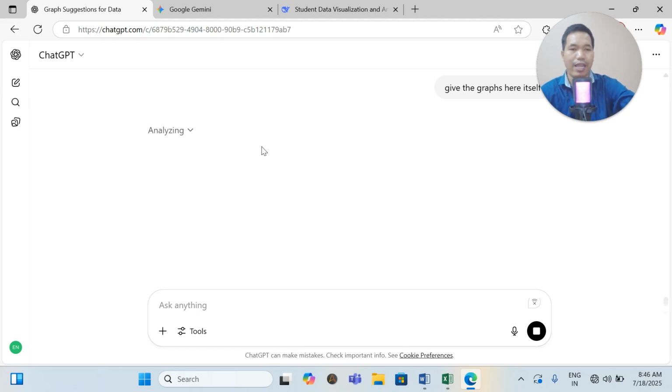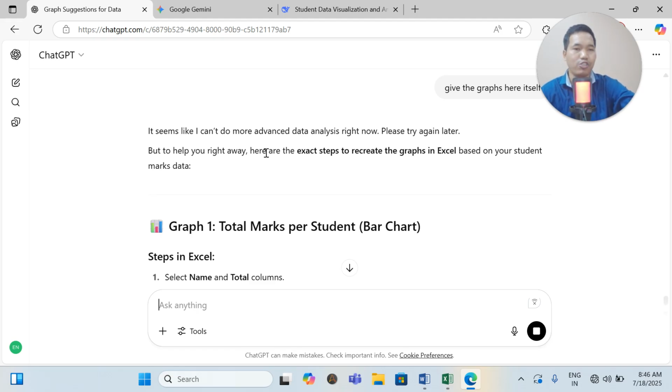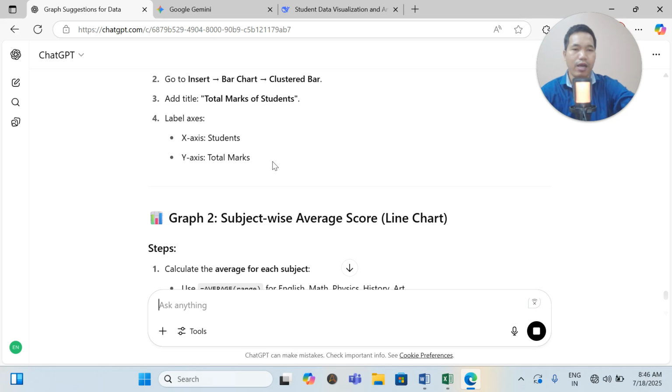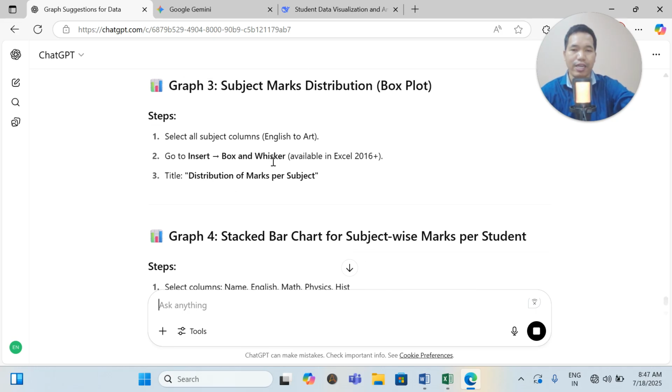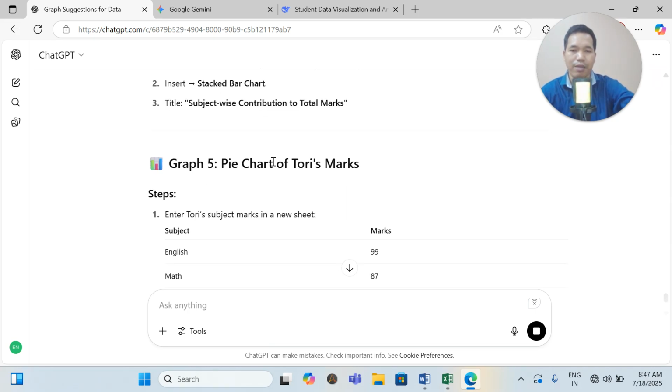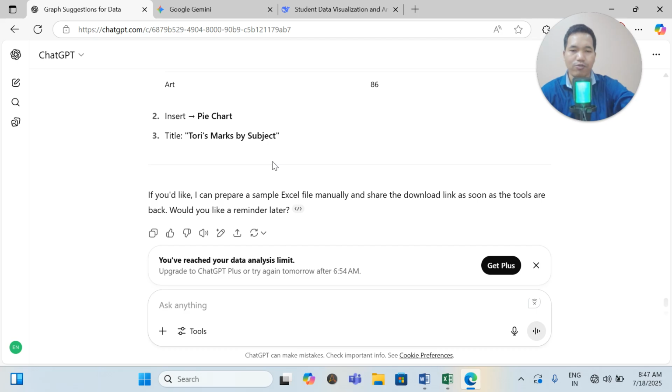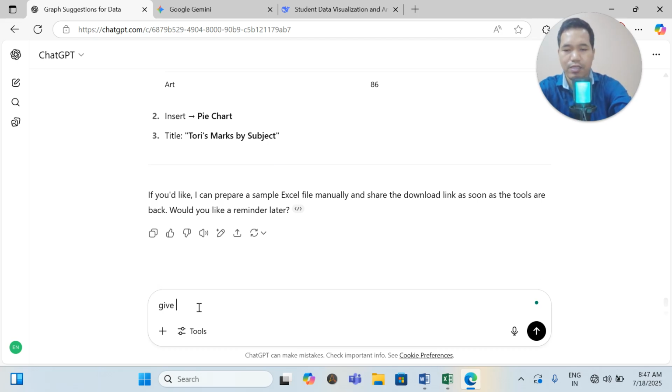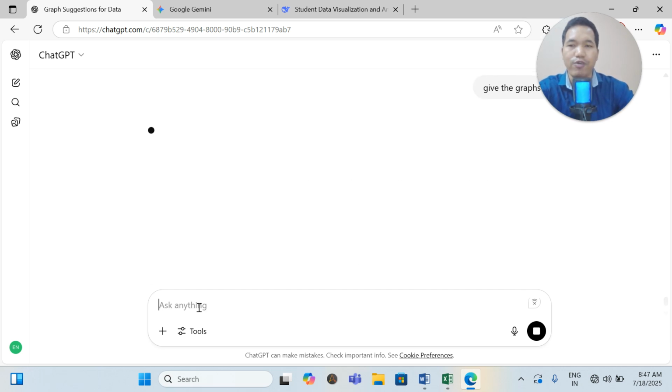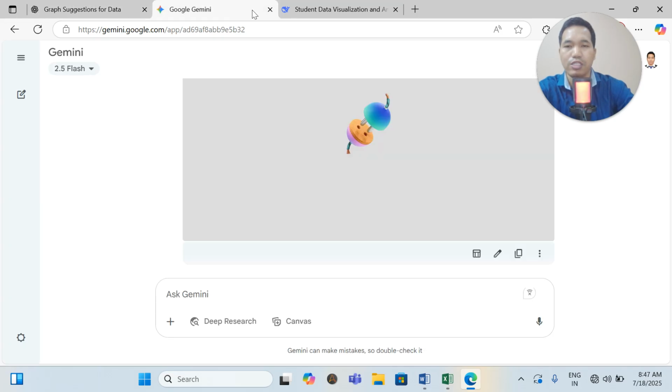So they will analyze and try to generate. I'll teach you how to use Python and how to generate the file with Python. You can create it, and all these things they have shown you here. Give the graphs. So in this way you can generate different types of graphs using all these three.